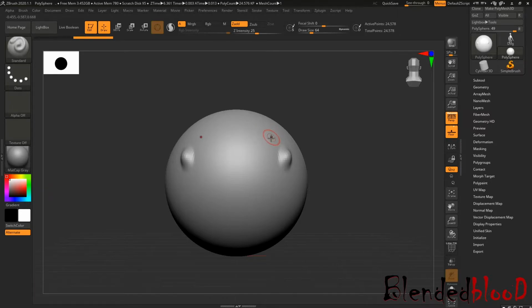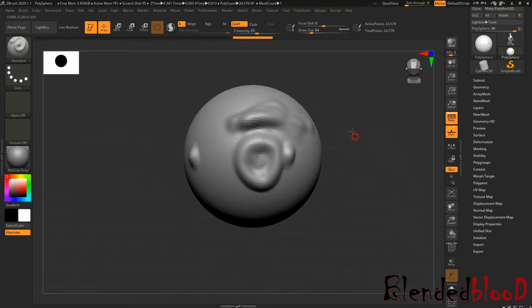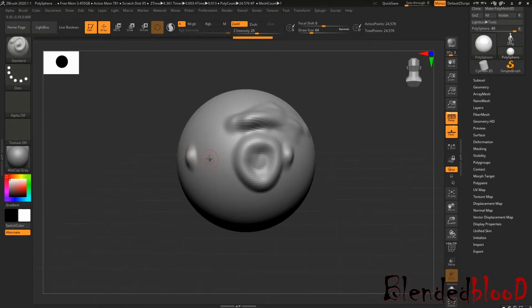The benefit of symmetry: see, if I turn it off, then for example I'm drawing eyes or sculpting a basic structure. Just for example, this is an eye. Okay, but my symmetry option was turned off, so I was just working on one eye.